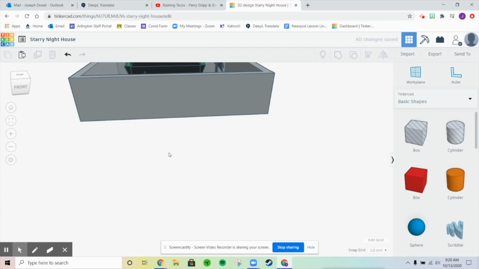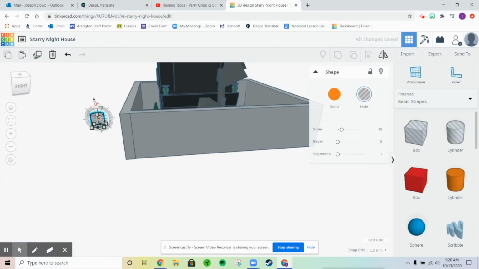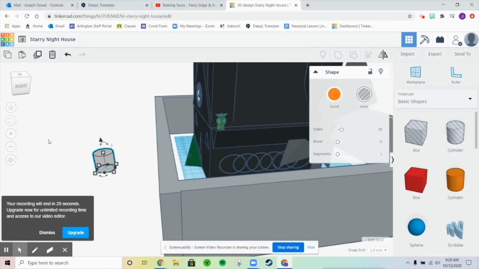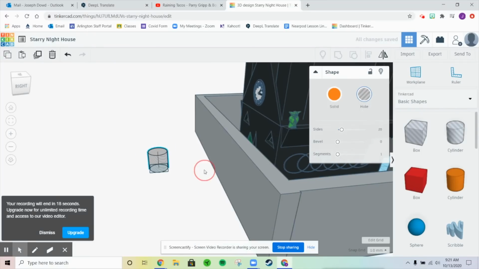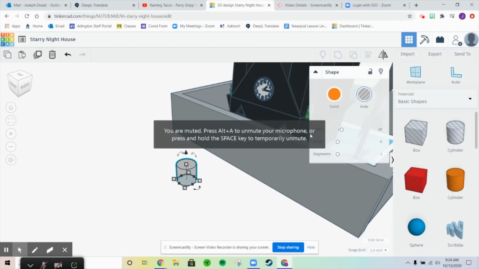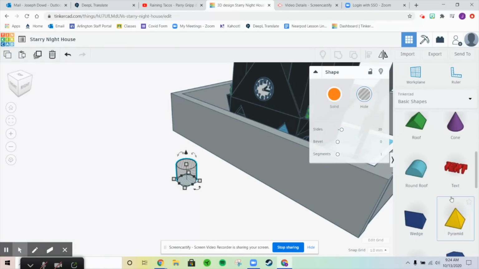Alright, so obviously you can't have a wall. You need to get through the wall somehow. So let's put a cylinder out there. Then we'll rotate that cylinder. It doesn't want to spin for me. Alright, so we've got to spin this around to try to make it like a crescent moon-like shape. So we can either use